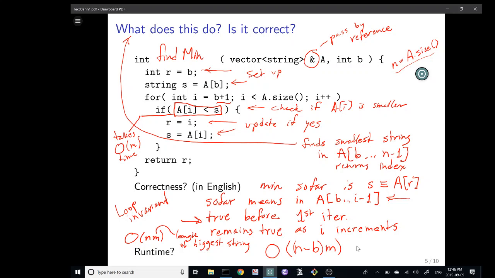So we have to make some assumptions about what the values of n, m, and b are. And I think that the right thing to do in this case, at least when we are starting to apply this to other things, is to think of n as being the growth variable and m as being something that's not growing like n. It's fixed with respect to n. And b will be a parameter that is interesting when we actually get to analyze what this function is used for. But for now, if m and b are basically constants, this function would be order n.